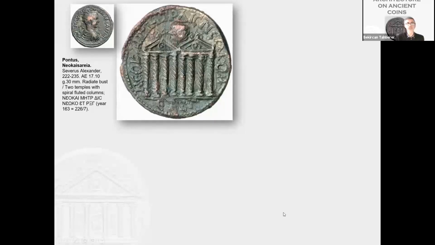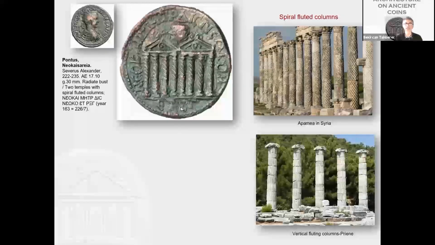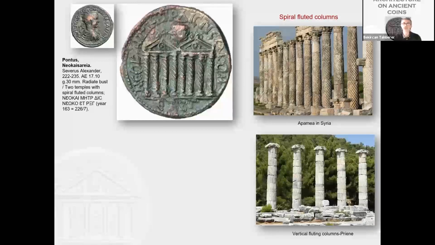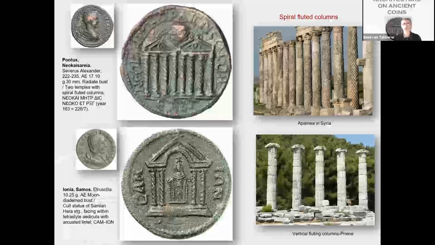Not only the temples, just representations of temples, but also architectural features are depicted on coins. Here is a coin from Neo-Caesarea in Pontus, in the Black Sea region and northeastern part of Anatolia. There are 2 temples here with spiral fluted columns. And this is not unique. There are other temples in the same